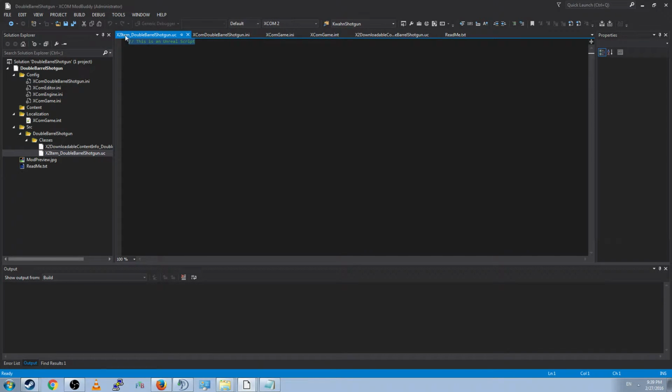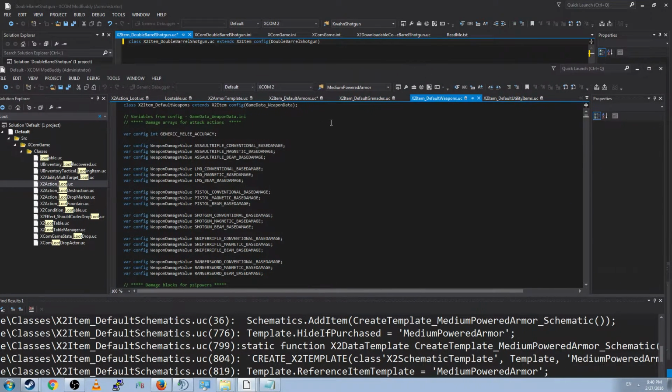So, X2Item_DoubleBarrelShotgun.uc. This is a class, and I want to call the class DoubleBarrelShotgun.uc. It extends X2Item in the same way that the default weapons extend it, and it uses a config file. And the config file is going to be DoubleBarrelShotgun. And the reason it's DoubleBarrelShotgun and not XCOM DoubleBarrelShotgun is because that's how the defaults do